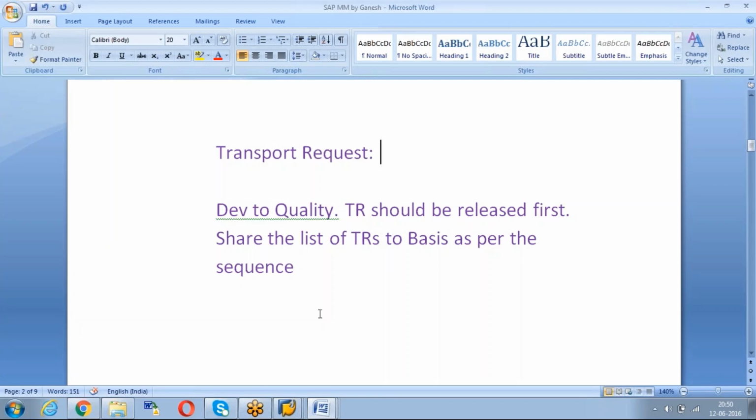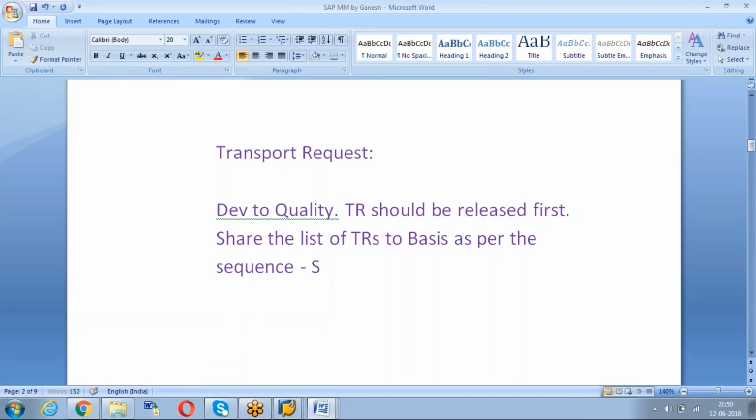For example, the plant creation you have done in TR1 and the plant to company code assignment in TR2. Generally we do all those things in one TR. You have given basis to move TR2 to quality. Then what will happen? There is no plant, so how can it get assigned? That's why the sequence. Just an example. We have to maintain the sequence and share it.